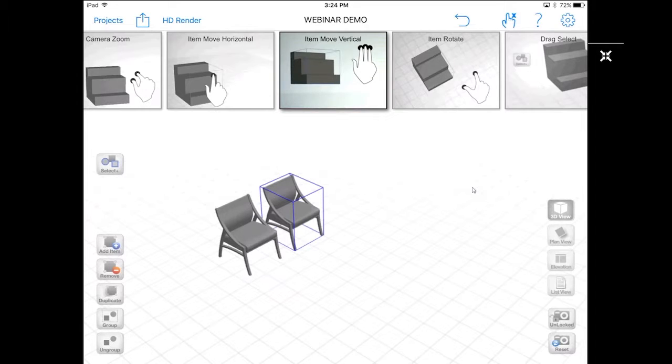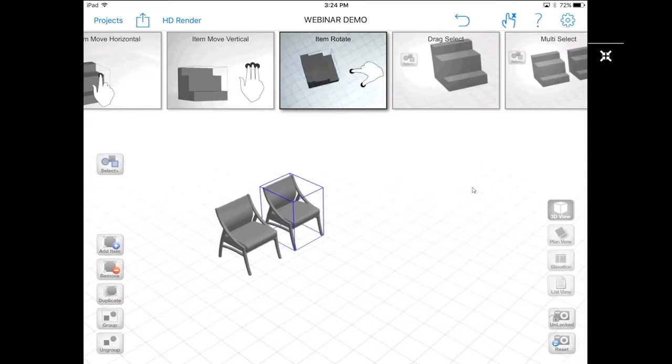So let's go ahead and go into the next item, which is item rotate. I'm going to tap on that gesture. You can see here, this is probably the trickiest gesture to learn, as you can actually rotate the camera rather than rotate the items. What you want to do is make sure that you select all the items on your screen, or select the item you wish to rotate. So I'm going to rotate this one chair